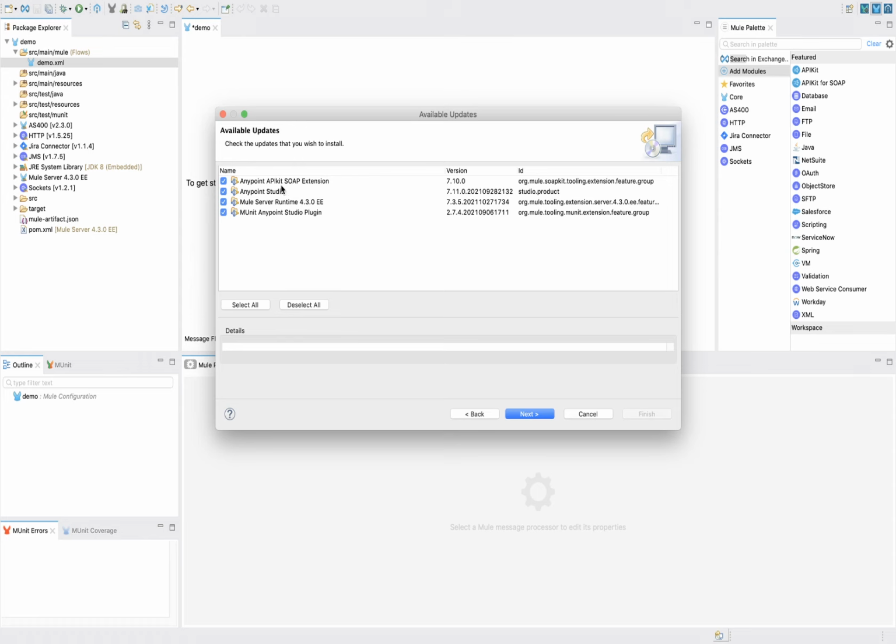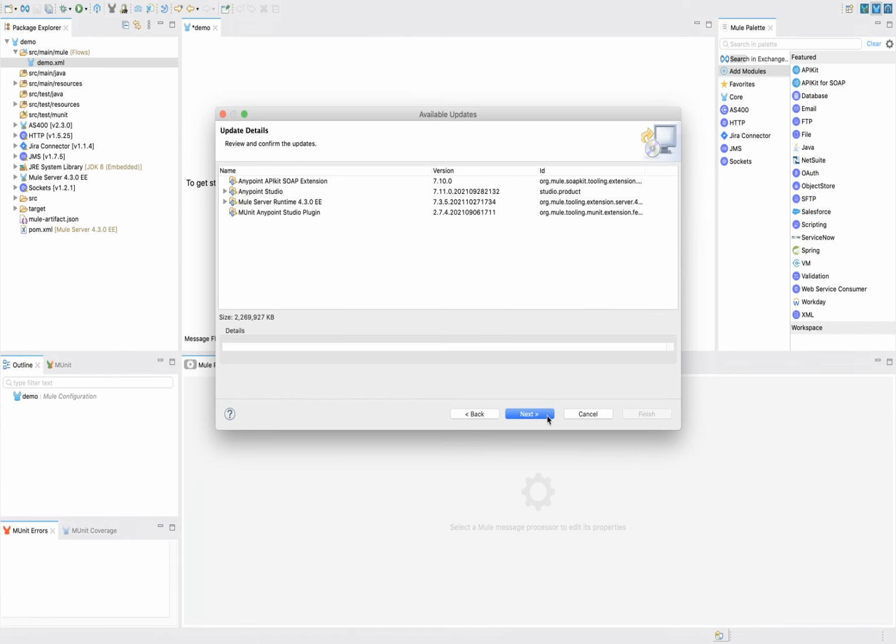Okay, sorry. Here you can see that at this moment there are a few updates available for what I have in my Anypoint Studio. If I want, I can click on next and download these updates. For 4.3 they have maybe added some package or something, so I can select these updates, click on next and download.